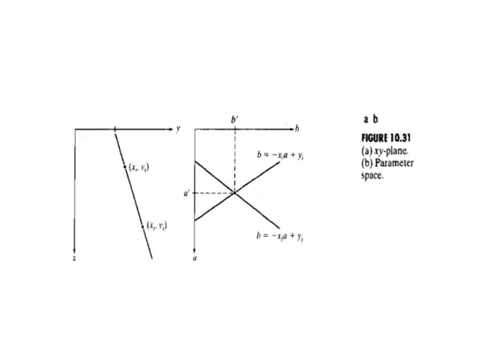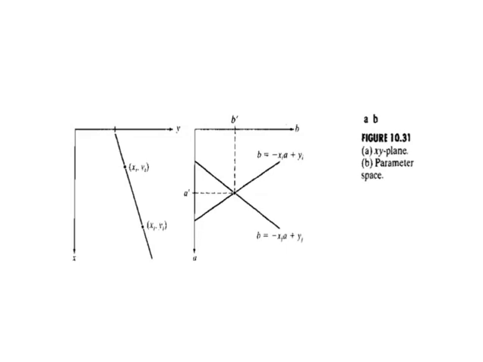In principle, the parameter space lines corresponding to all points xk, yk in the xy plane could be plotted, and the principal lines in that plane could be found by identifying the points in parameter space where a large number of parameter space lines intersect. A practical difficulty with this approach, however, is that the slope a approaches infinity as the line approaches the vertical direction.